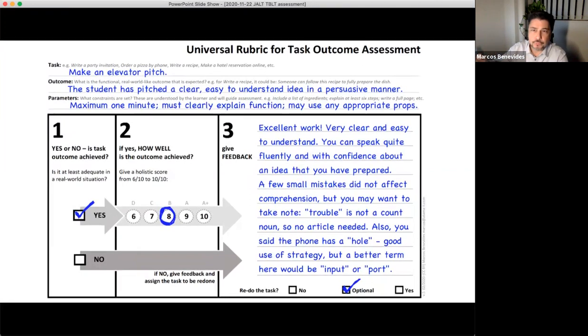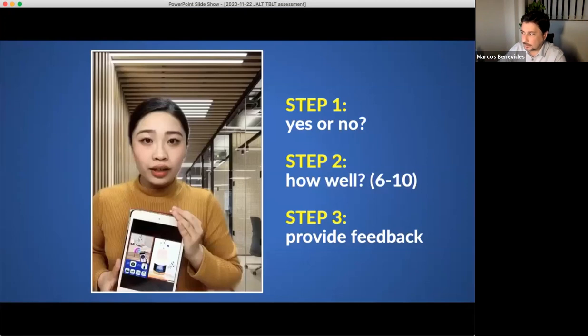The redo becomes especially important for the students who somehow don't manage to achieve the task. So basically, again, these 3 steps are intuitive and easy to understand. Shall we try one more? That's a rhetorical question. Yes, of course we will. Let's try one more that I had this year.